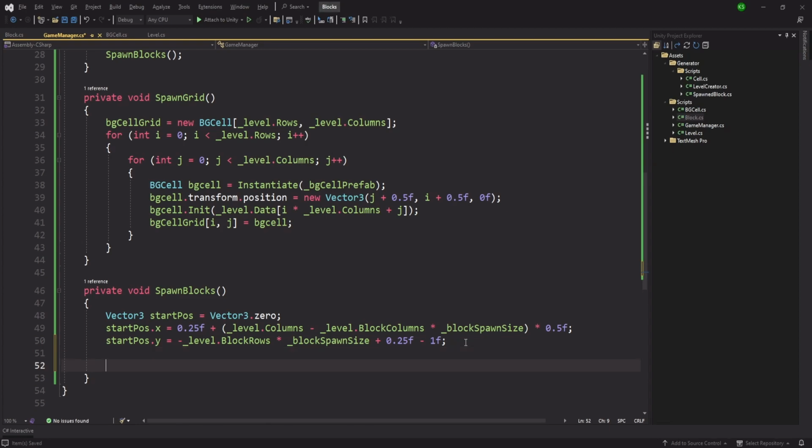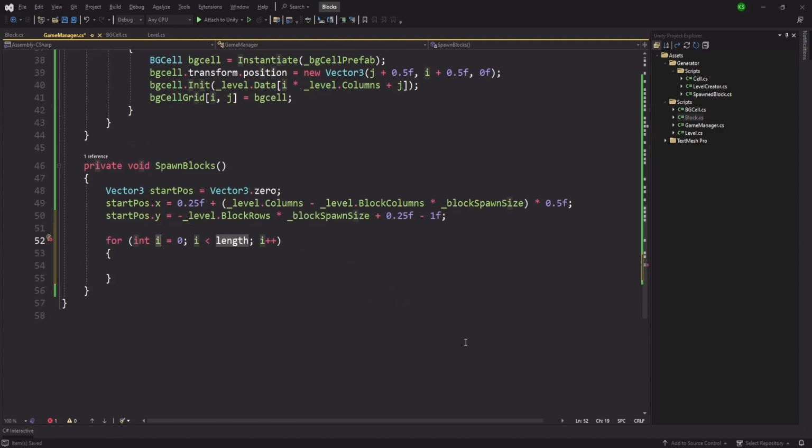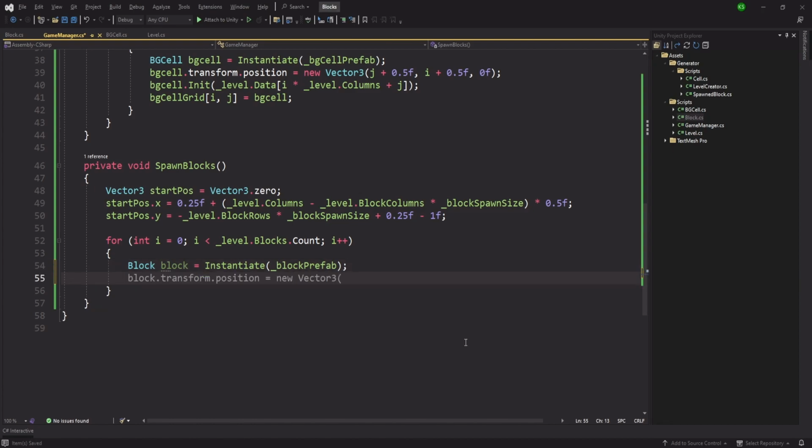So now we have both the starting positions. So what we'll do, for int i equals 0, i less than level dot blocks dot count, we are going to spawn each of the blocks, and let's first spawn the block. So it is going to be an instantiate, and we are going to instantiate our block prefab, and Vector2Int block position is going to be equal to level dot blocks of i dot starting position,